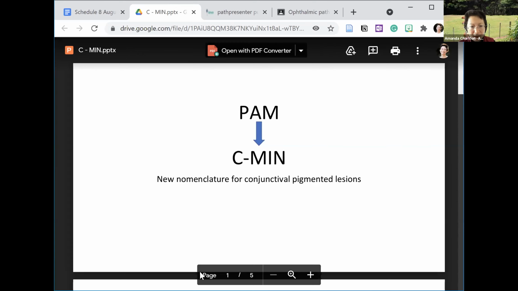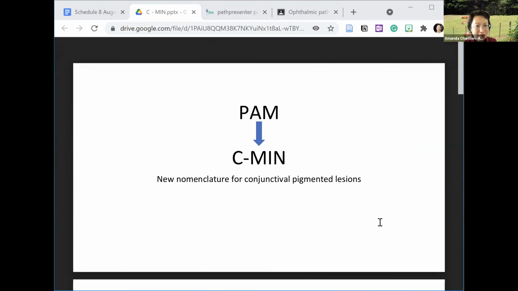In the chat, are you more familiar with the terminology of PAM, primary acquired melanosis, or with conjunctival intra-epithelial melanocytic? We've got a bunch of PAMs. Yep, a bunch of PAMs, that's what we thought. And my clinicians also are very PAMish. However, you should be aware that the nomenclature has changed, and since you're the new generation, it's got to move